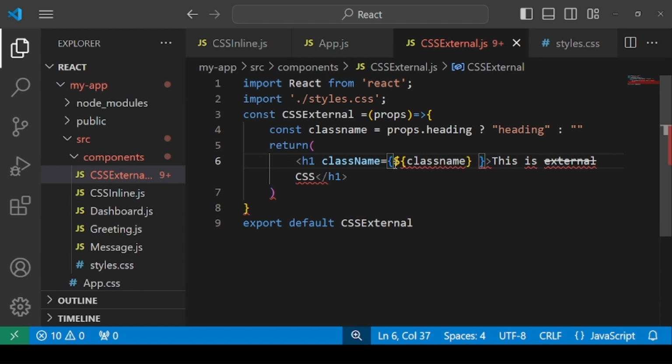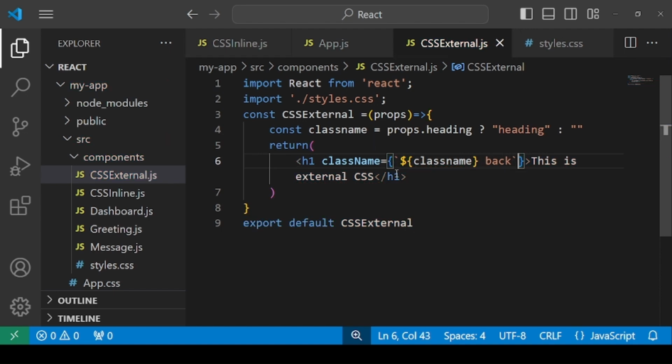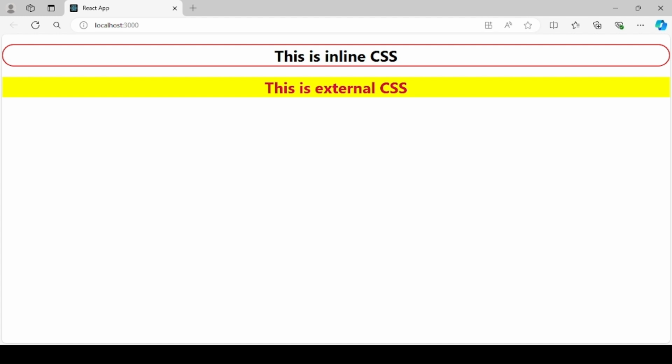Also specify the name of another class that you want to apply, and close everything inside the backticks. This way you will be able to access both this condition, which is a variable, and another class name that you want to apply. Now check the result. You see that both the classes have been applied, the condition as well as the class.